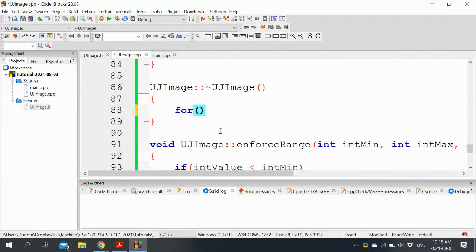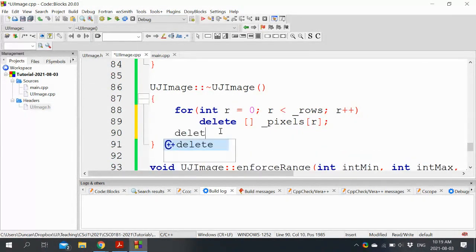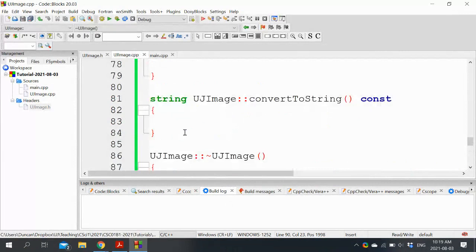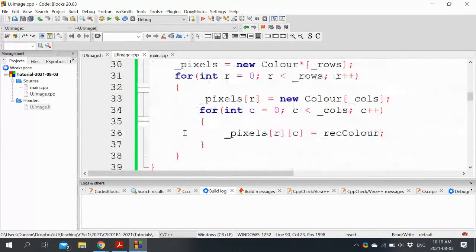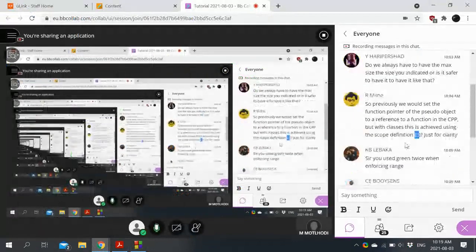So all we need to do is to loop over every row, delete that row array, delete the outer array, and we don't even have to worry about setting things to null because the entire object will cease to exist in a moment. So before I look at conversion and what we're going to do differently this time, I'm just going to go back and see if there were any more questions.